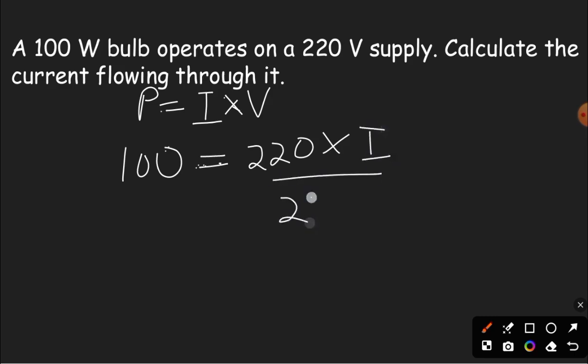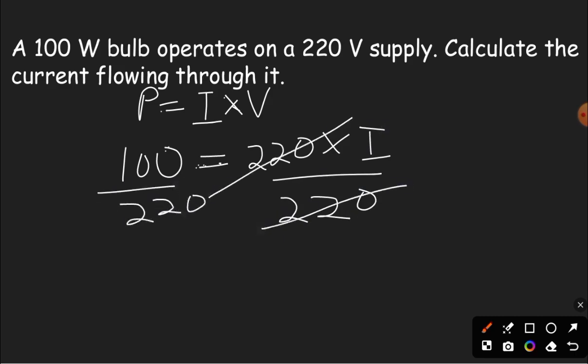So you have to divide both sides by 220, 220 over 220. So 100 divided by 220. So our current is going to be 0.454